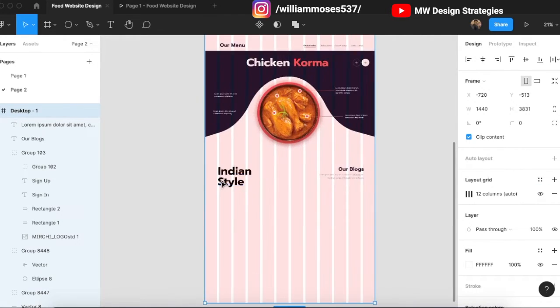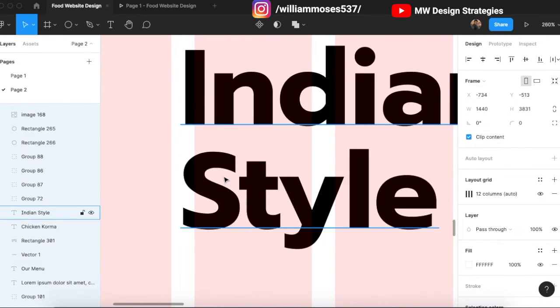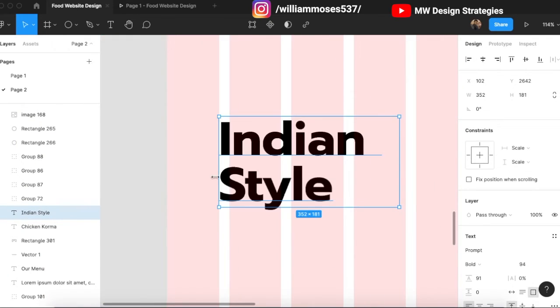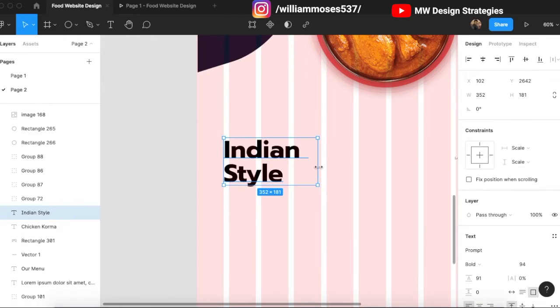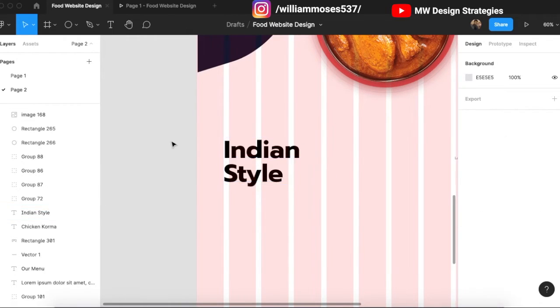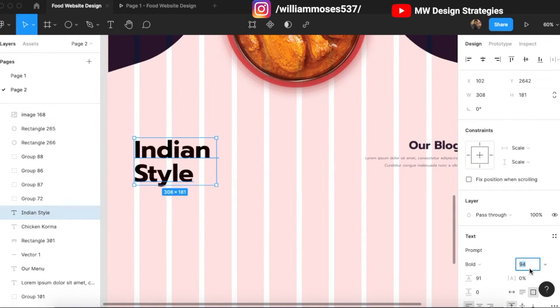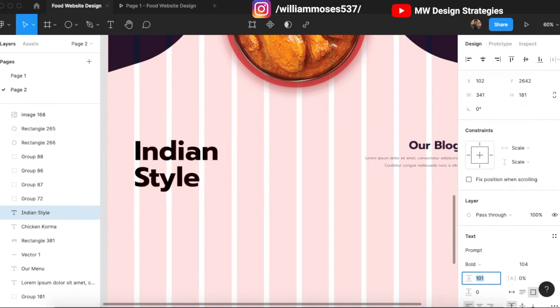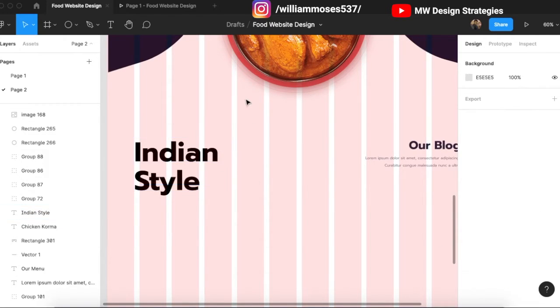You can make your layout grid visible and check that all the fonts and everything is inside the grid, and effectively you have to adjust it. Now make it 104 size for today's font. Okay,